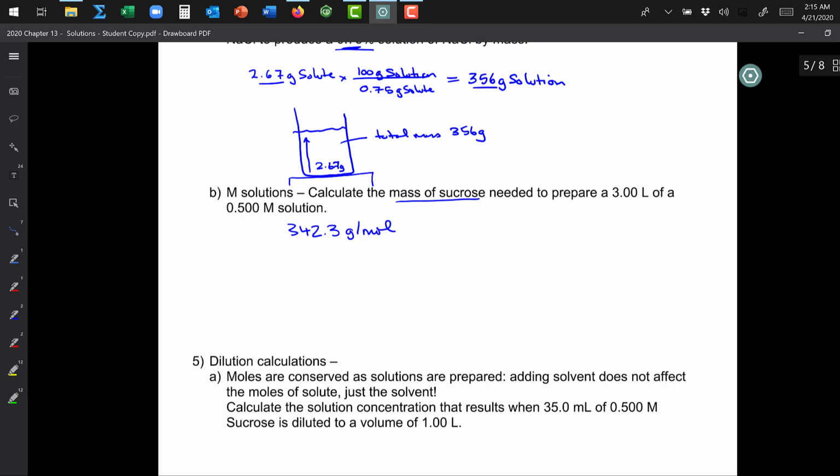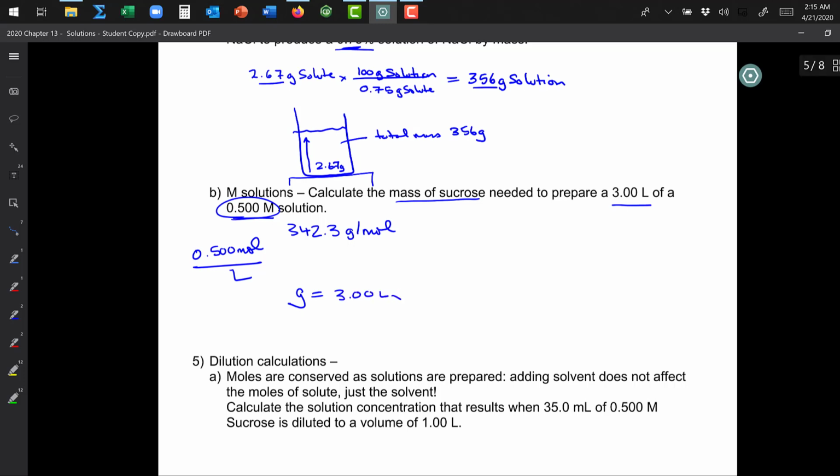So that's what we need to know. So we want to make 3 liters of a half molar solution. Now, to calculate the mass of sucrose you need, you're going to go 0.500 moles per liter of solution. All right, and then I have 3 liters of solution, so I'm going to go grams. It's going to be